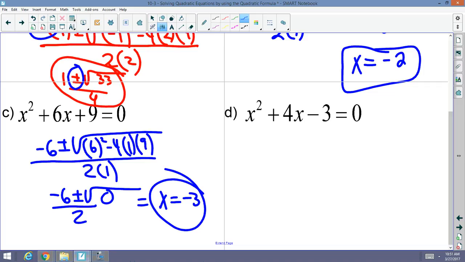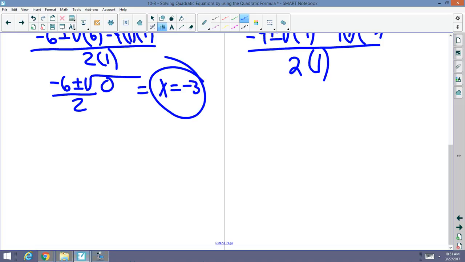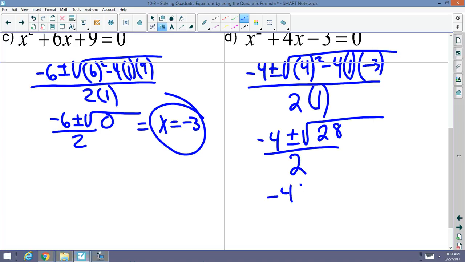For d, this is not factorable. So I've got negative b plus or minus the square root of b squared minus 4 times a times c over 2 times a. And then this is going to give me negative 4 plus or minus the square root of 16 plus 12, which is 28, over 2. I'm not done. I can simplify this. This will become negative 4 plus or minus